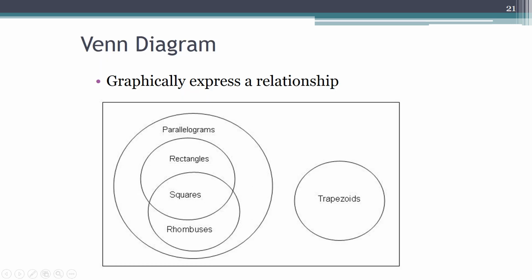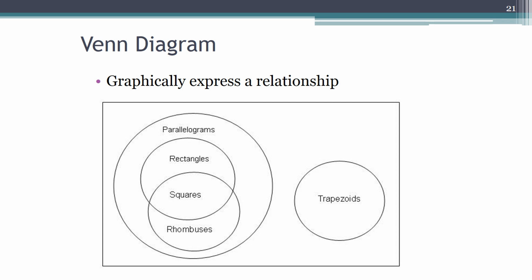A Venn diagram. We don't often think of using Venn diagrams in math, and we typically use the two overlapping circles, but you can see here a variation of that. So if I wanted to represent visually for kids, it's a graphical expression of a relationship. I've got shapes here. And by looking at this, even if I'm not sure what all of these elements are, I can tell that